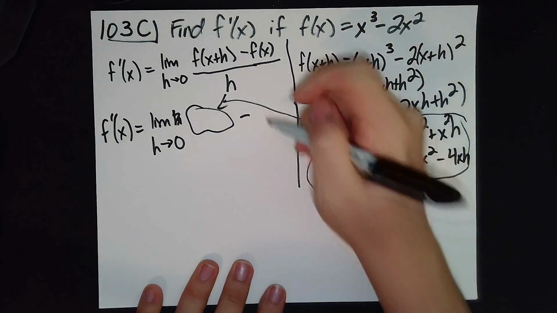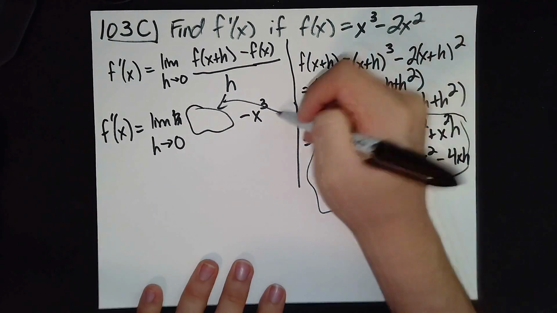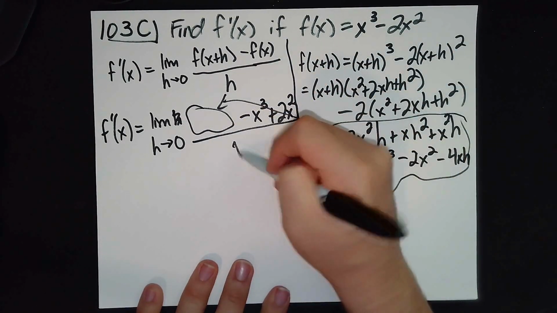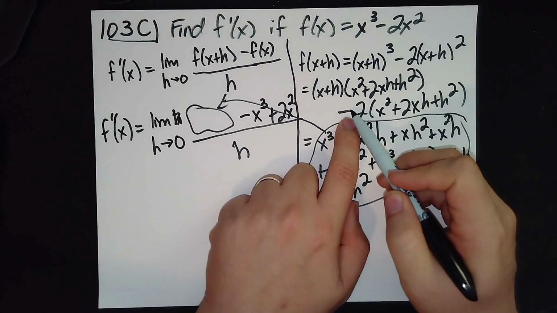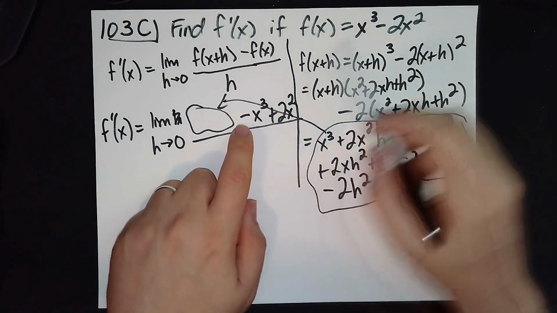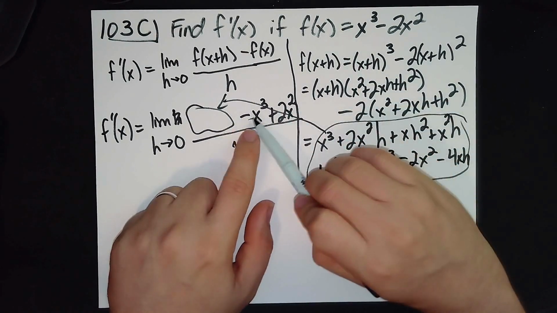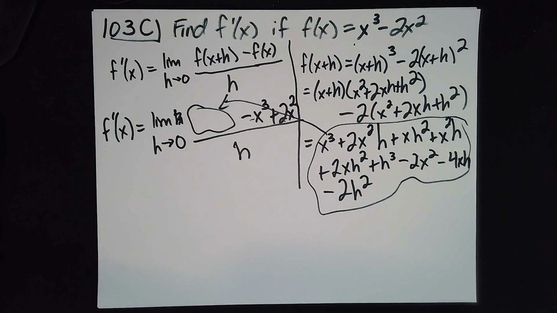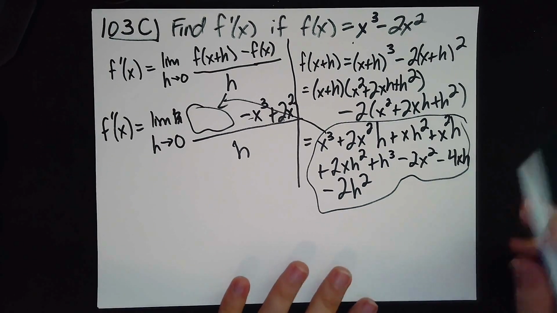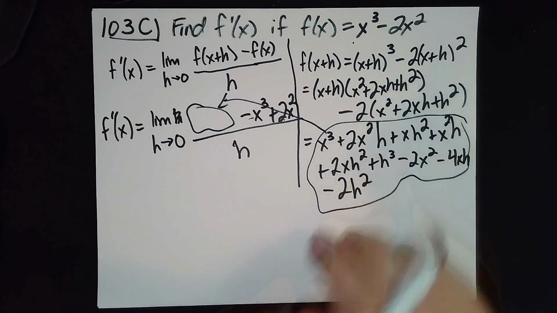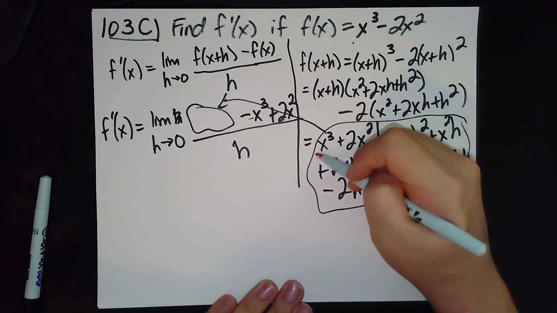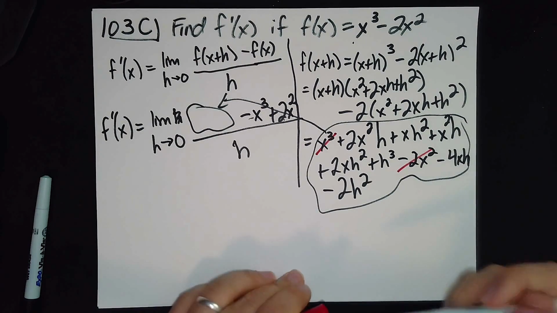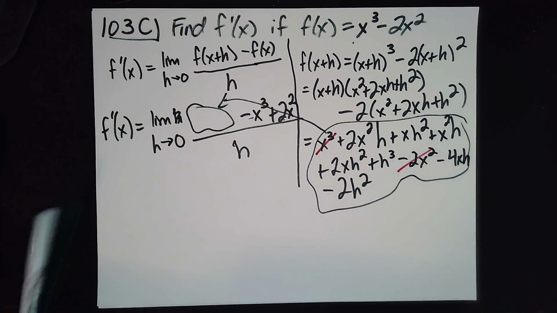minus f of x, which is x cubed plus 2x squared, over h. Be careful with the minuses, as always. Here, when I subtract f of x, I end up with a minus x cubed and a plus 2x squared. And in particular, that's going to cancel this term, and it's going to cancel that term. And so on my next line,